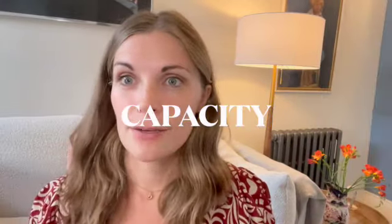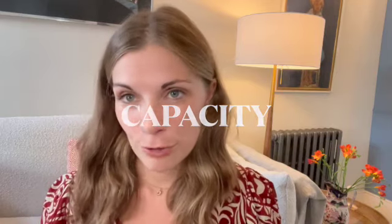Second, of course, is capacity. I have not treated this bag with respect. I have completely overfilled it at every turn. It has had so much stuff in it, and it has never gotten even close to threatening to break. It is so much stronger than it looks. It can fit your laptop,